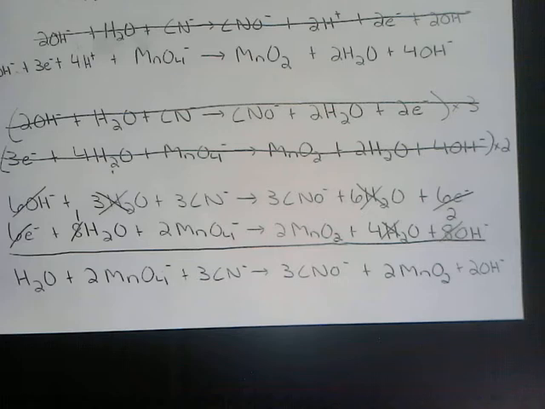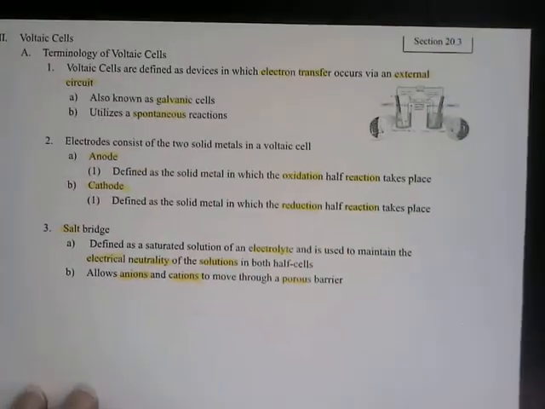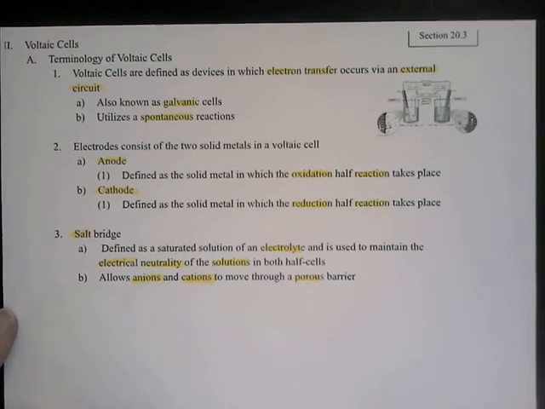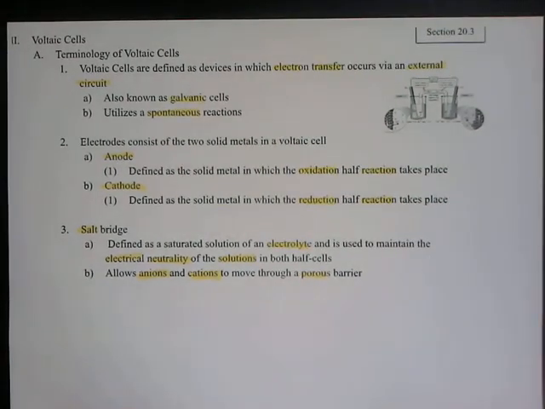All right, so now let's really tie this whole business of oxidation and reduction half reactions to some of our electrochemistry here by defining some terms, and then we are going to label a diagram. Okay, so our terms here with a voltaic cell. A voltaic cell is just defined as a device in which electron transfer occurs via an